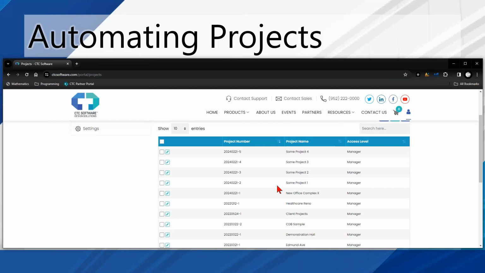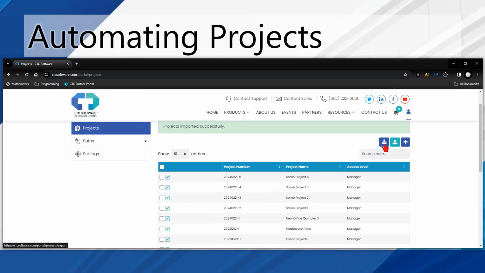If you have some routine that can extract project names and numbers out of something like Deltek Vision and dump them to a CSV, great, not a problem. So yeah, you can certainly go in there and work with those. Now in the future, if you wanted to rename your projects or renumber your projects, maybe you're just dumping in a quick couple of buckets, you can always come back and edit them here manually, or once again, you can download the current list, export the current list as an Excel file, rename them in that Excel file and republish it,